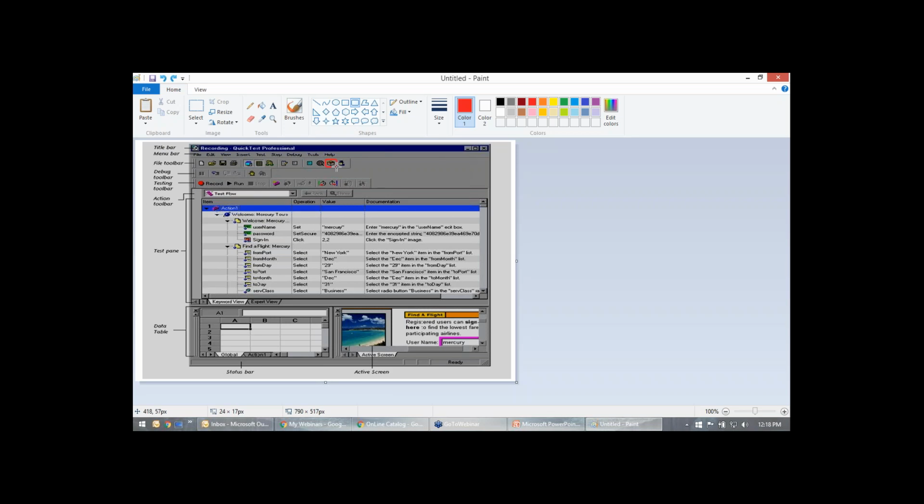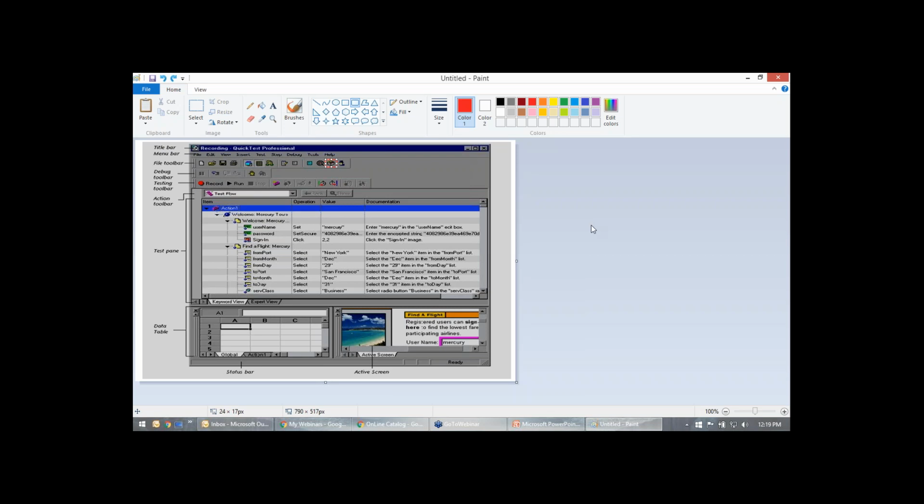And then you have this object. Oh, Object Repository. So the Object Repository is where you store the objects. I'll briefly explain what the objects are and what you do with them.